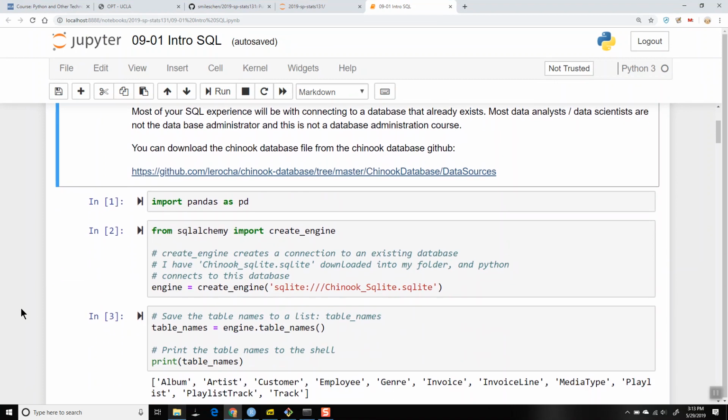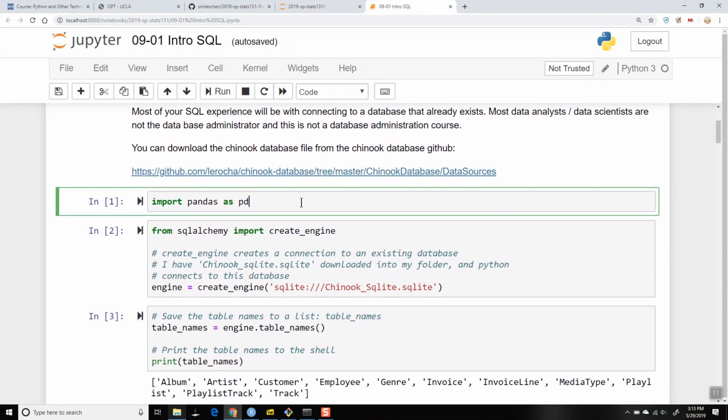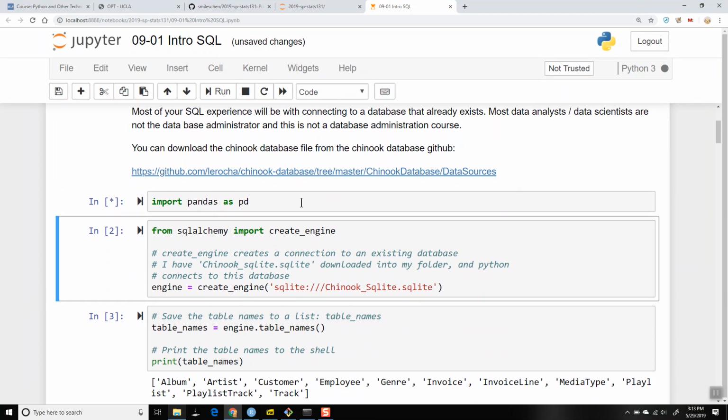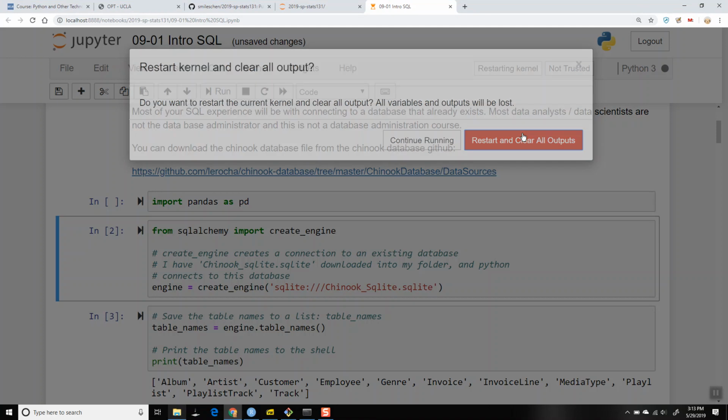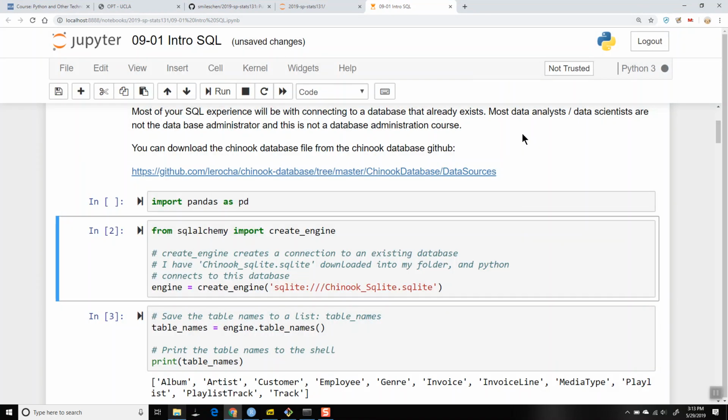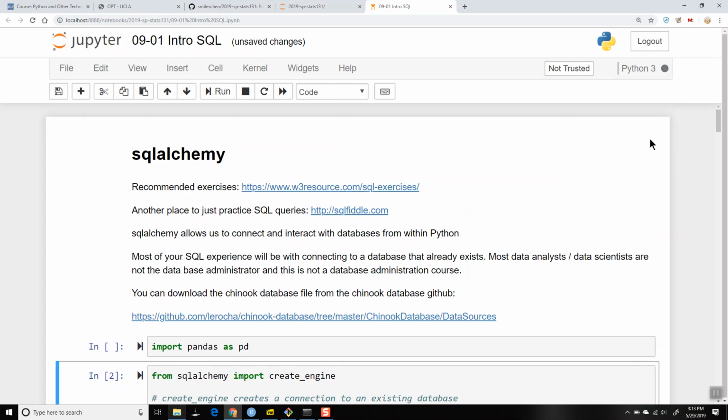So this first part, we're just going to import pandas, and let me clear everything. Restart the kernel. So we're just going to